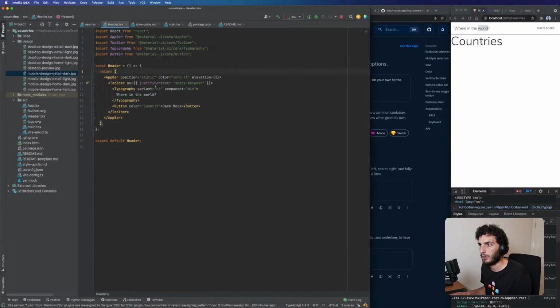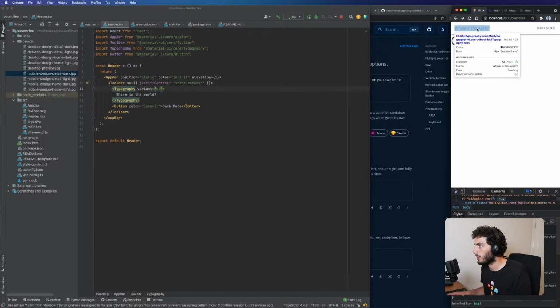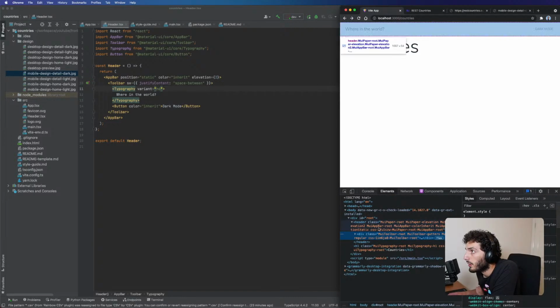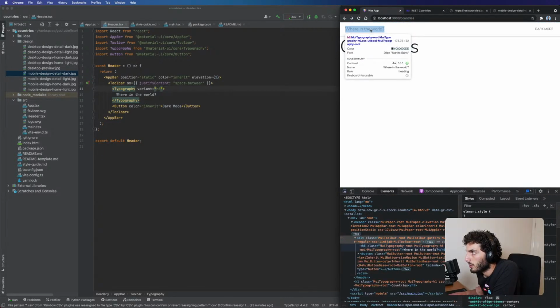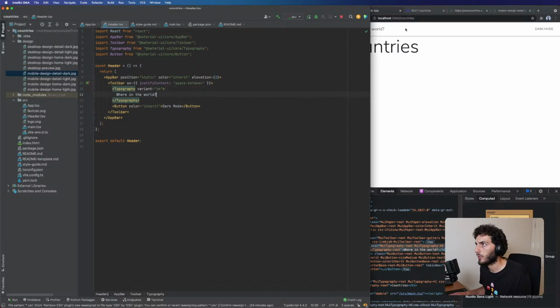So if I go back into the header, so this is a variant h6. So I guess the issue here is the mapping, which I don't want to spend too much time on, kind of very specific Material UI mapping things, but let's just see if we can quickly change this one. So this is the font weight here will be 500, which we don't have for H6. So I think we can quickly change. What I can do actually for now is I'll just add